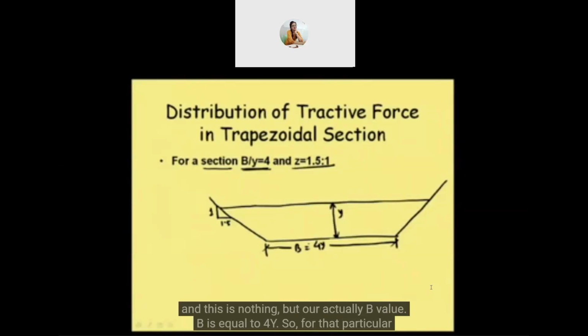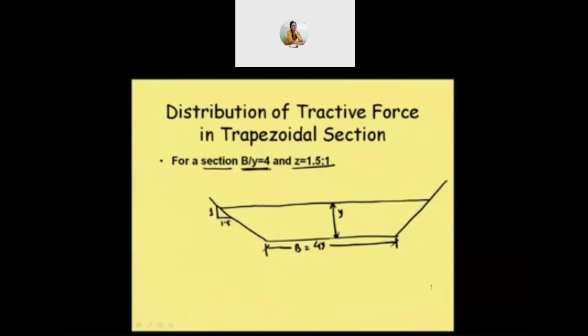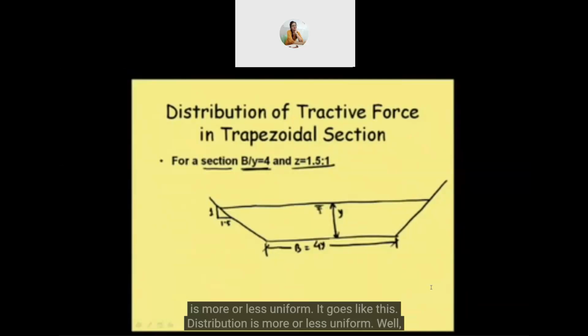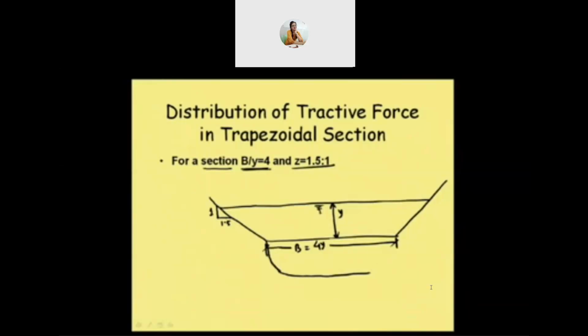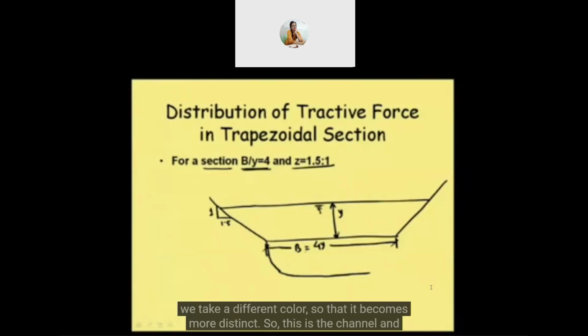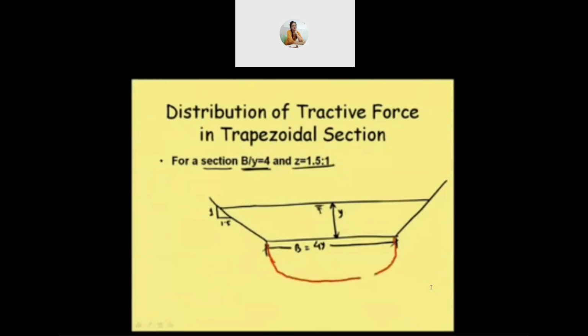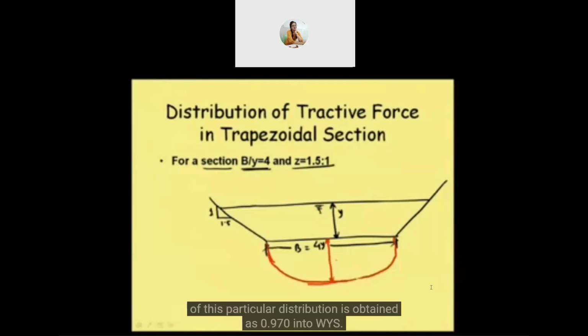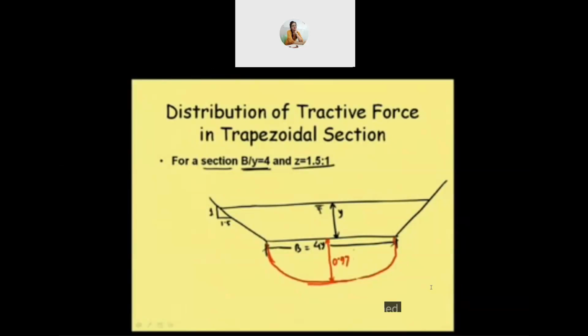So for that particular channel, if we draw the shear stress distribution, then we can see that at the bed, the distribution is more or less uniform. It goes like this. Well, we take a different color so that it becomes more distinct. So this is the channel and the distribution is more or less uniform. See, it is like that. Okay. And the maximum value of this particular distribution is obtained as 0.970